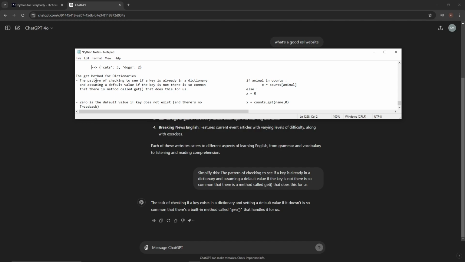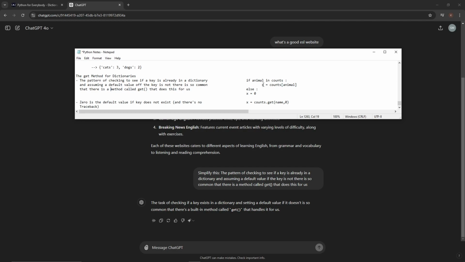So checking, the pattern of checking is to see if a key is there and assuming a default value if the key is not there is so common that there is a method called get that does this for us. Okay. So basically,